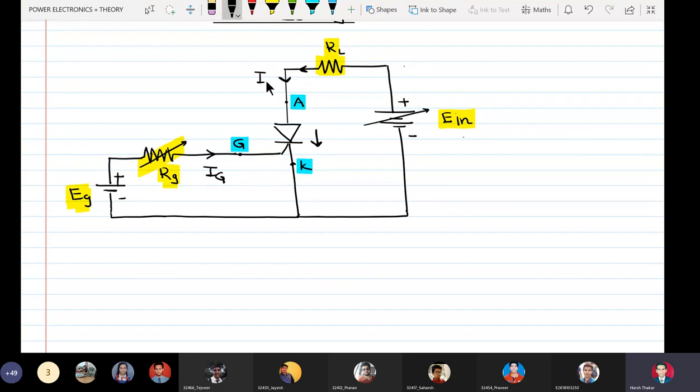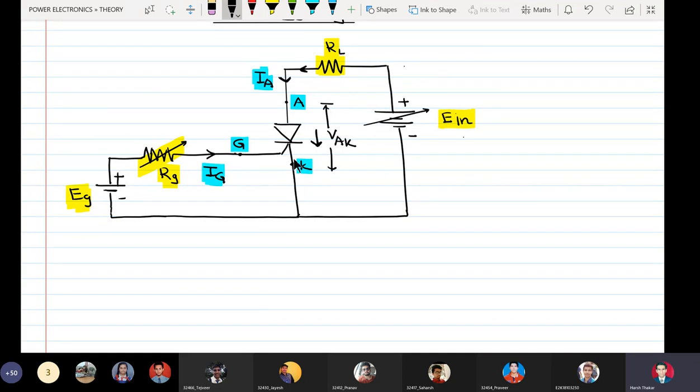So this is the device current IA, gate current IG, and this will be my device drop. My device drop will be measured between anode and cathode terminals and denoted as VAK.